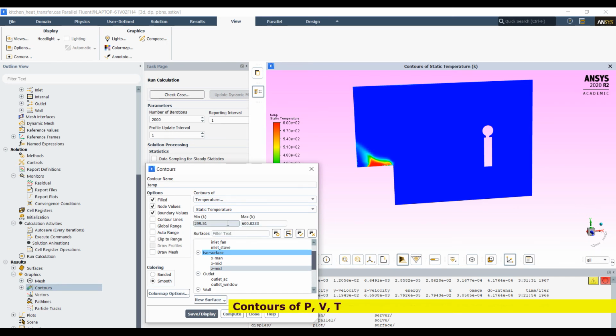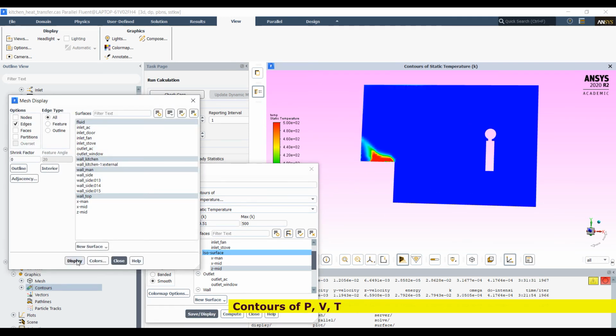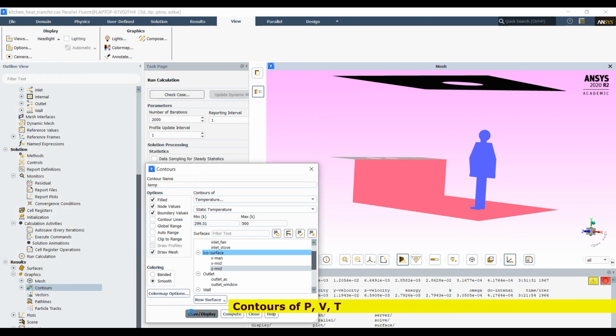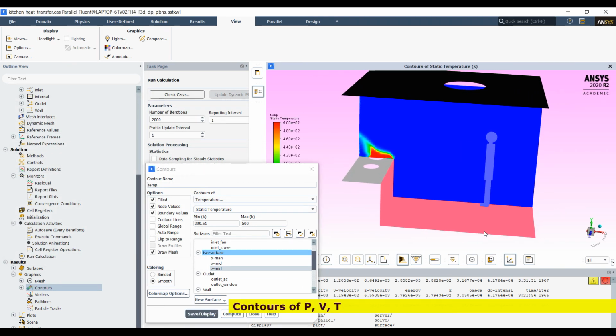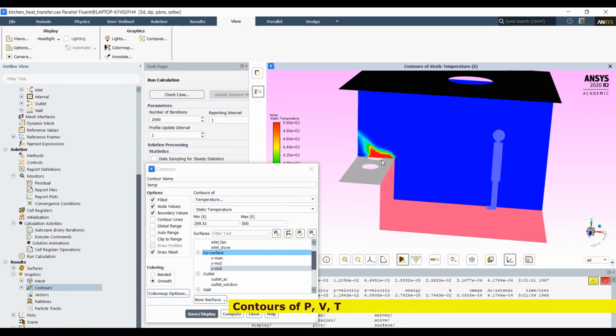And here auto range, and give temperature as a 500. That means here heat transfer is high. That means temperature is high near the gas stove, and this high temperature flue gases are also passed through the window.